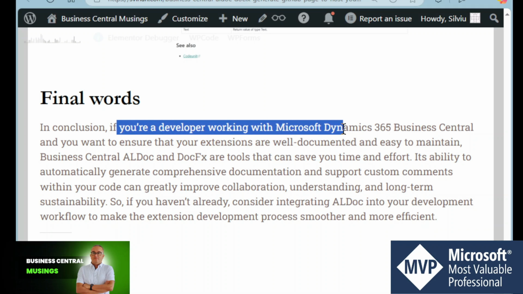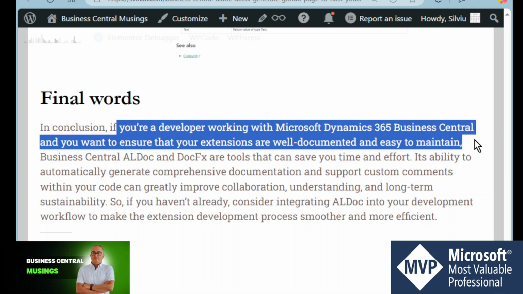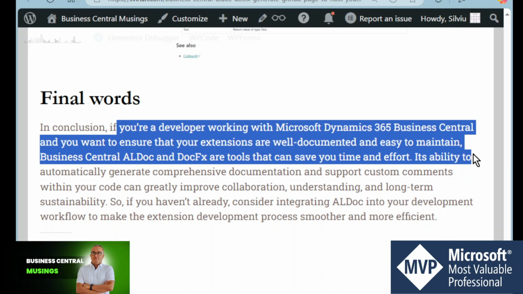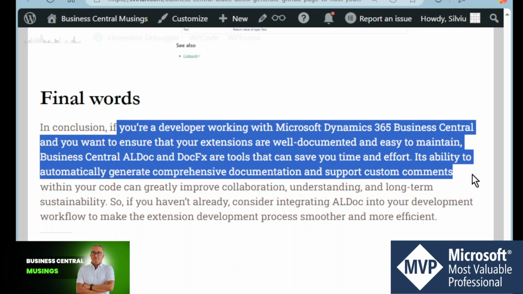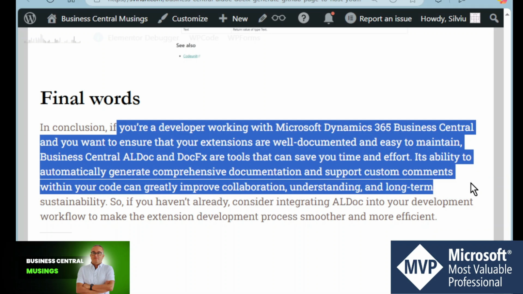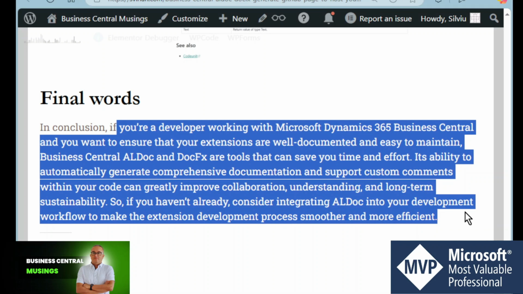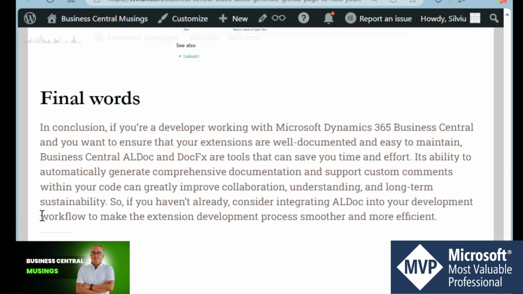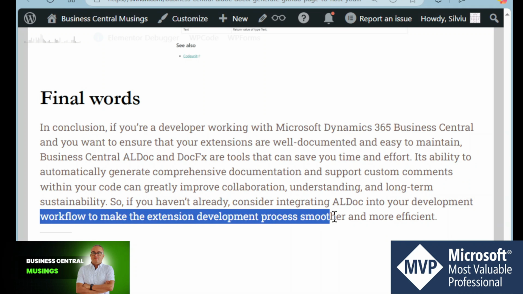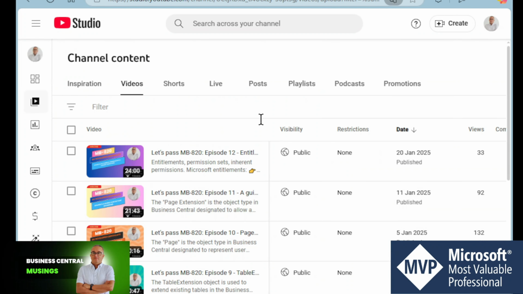If you're a developer working with Microsoft Dynamics 365 Business Central and you want to ensure that your extensions are well documented and easy to maintain, Business Central ALDoc and docfx are tools that can save you time and effort. Its ability to automatically generate comprehensive documentation and support custom comments within your code can greatly improve collaboration, understanding, and long-term sustainability. So if you haven't already considered integrating ALDoc into your development workflow to make the extension development process smoother and more efficient, a YouTube video on ALDoc,